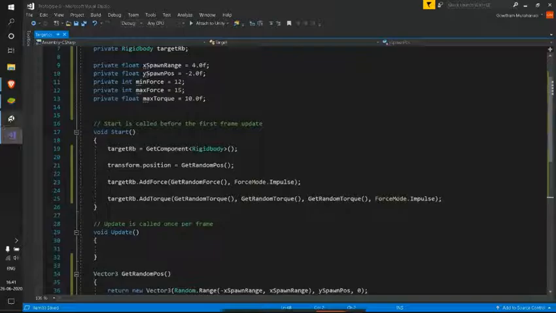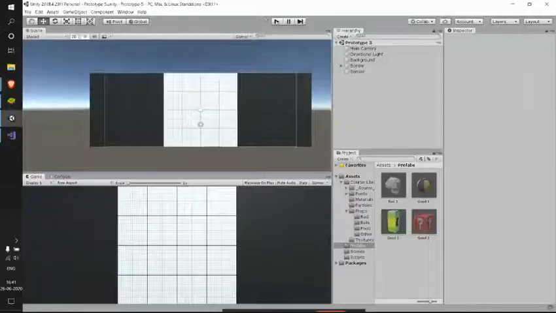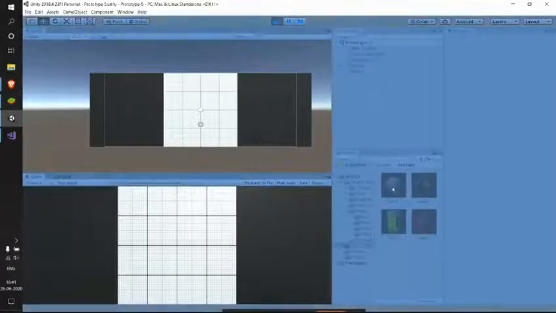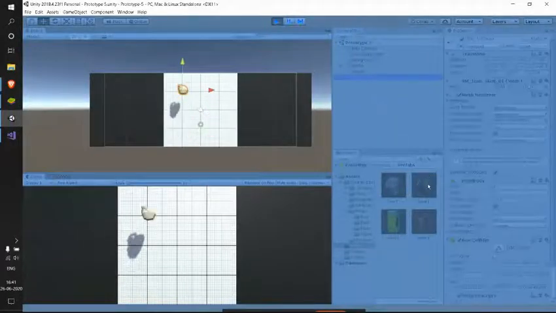Now let's get back to Unity and test this once again. So dragging this, yes, it's cool.